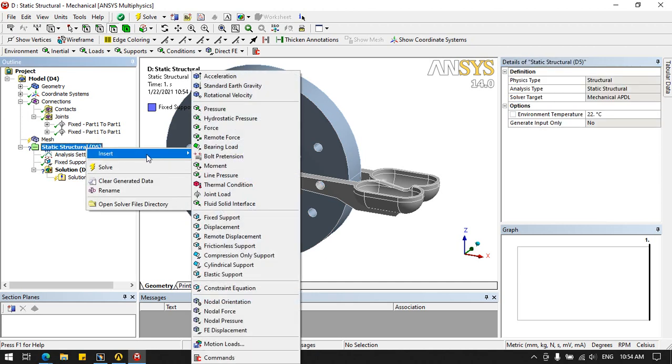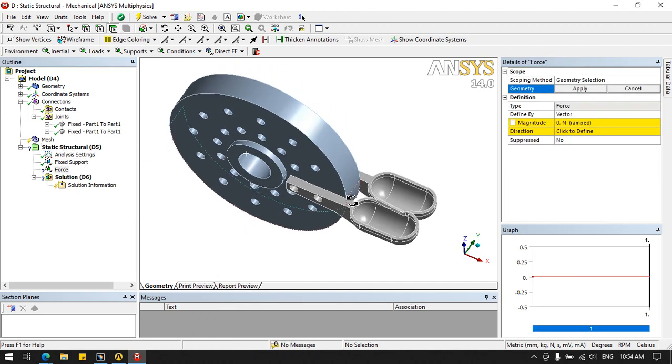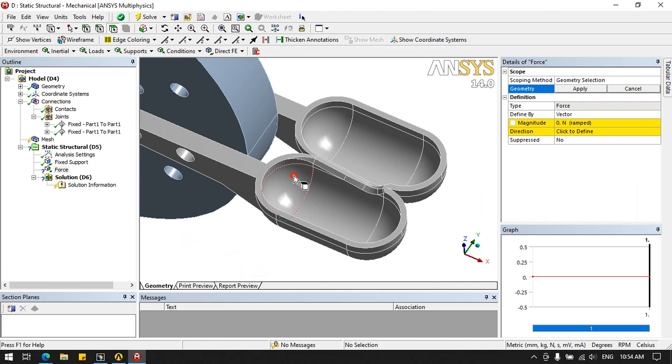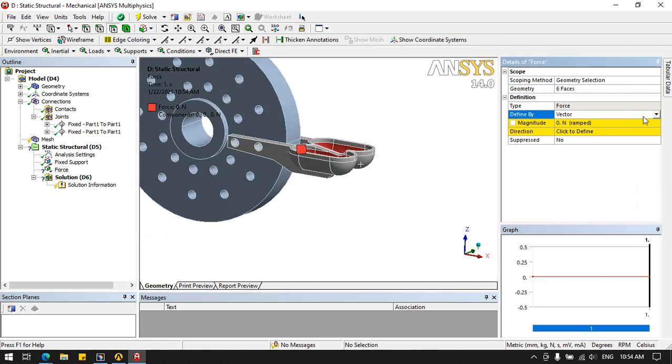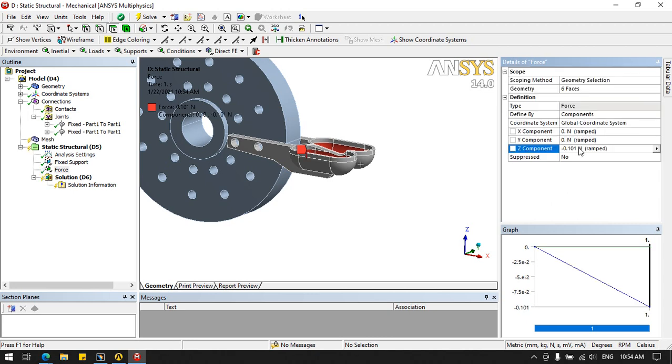I click on this one, I am going to apply the force. We are going to apply the force on this entire face like this. Apply, and make sure that we choose the direction of the force, that is component. In this component, in the z direction only we have to provide, that is minus 0.0010 like that.